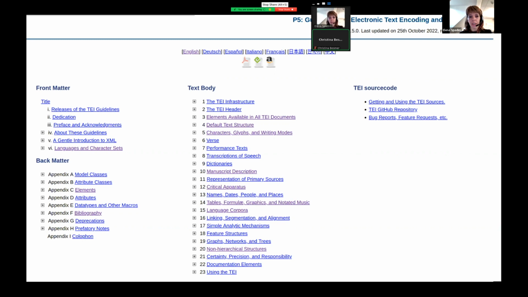And at the moment, the guidelines include some 600 tags. So you can find tags to encode really a lot of phenomena. But it is always possible to change the behavior of a tag or to add new ones. And as I said, the Text Encoding Initiative is really a strongly community-based initiative, which means that any member